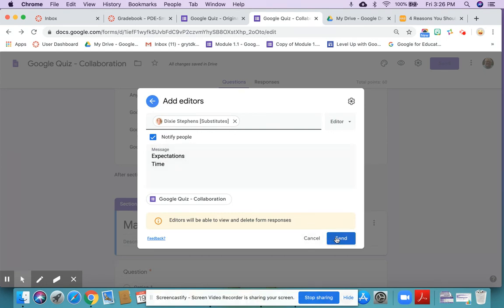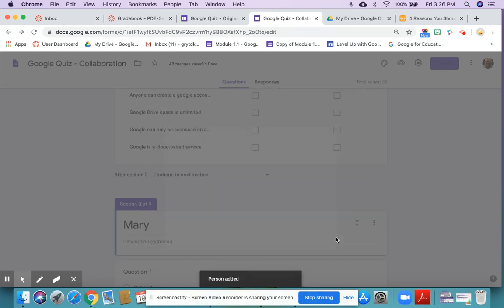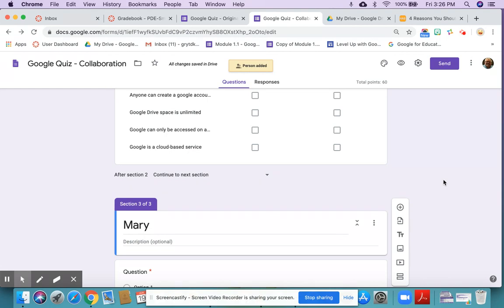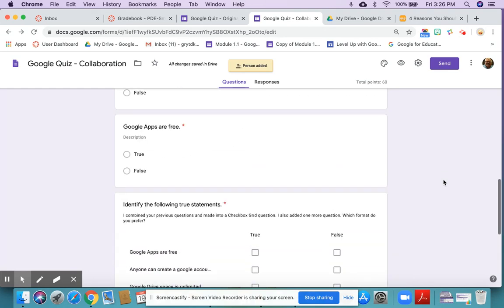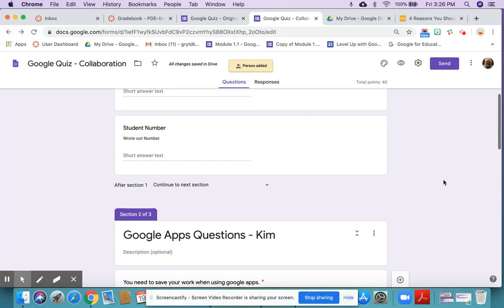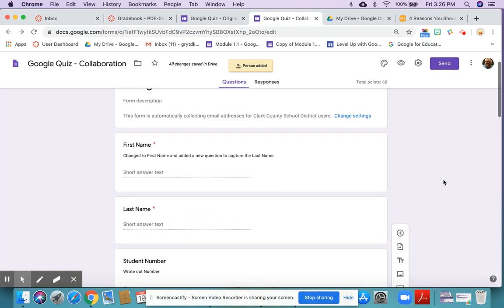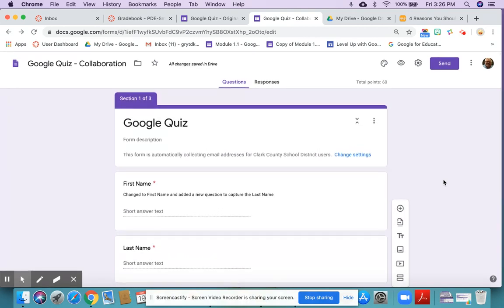All right, I'm ready to send it. It's going to show up in her email box. She clicks on it, it opens up, and she's going to see exactly what you're going to see. All right, so a tip on what Dixie can do, I'm going to demonstrate as if I'm Dixie here, to let you know what changes were